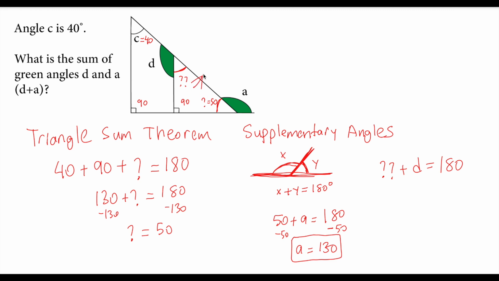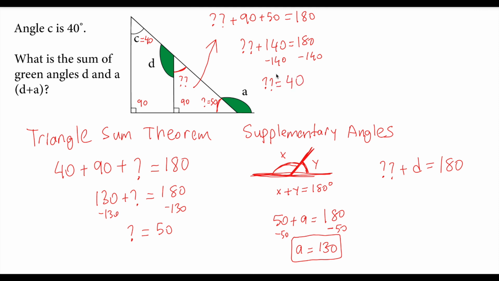So I'm gonna solve it right here. Double question mark plus 90 plus 50 must be equal to 180. So double question mark plus 140 must be equal to 180. Subtract 140 from both sides. So double question mark value is